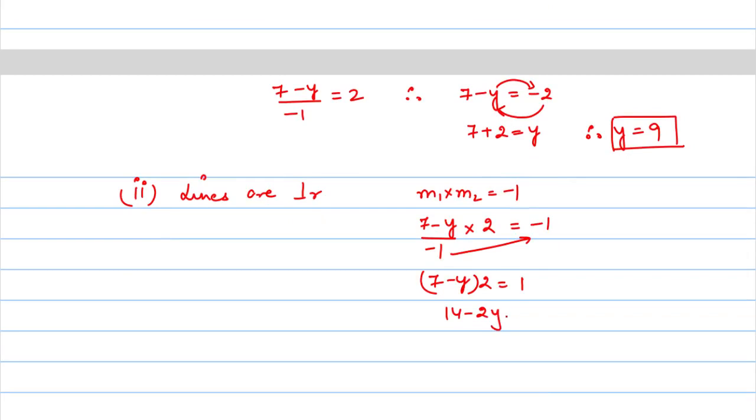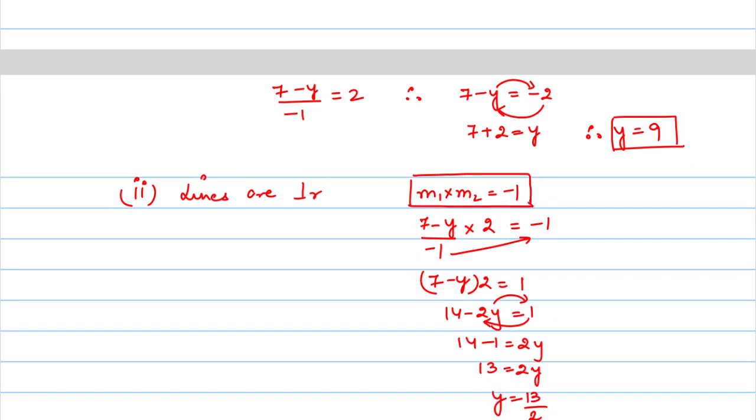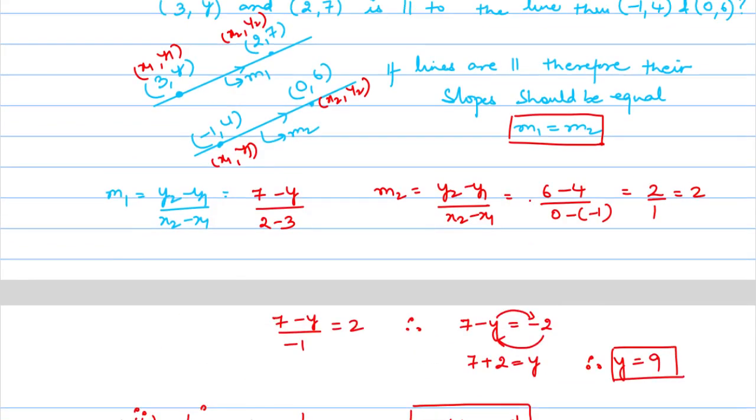14 minus 2y is equal to 1. 14 minus 1 is equal to 2y. What you have done is, you have taken this to that side and this to this side. 13 is equal to 2y. Therefore, y is what? 13 by 2. So, had the question said that the lines were perpendicular to each other, then you would have applied the condition for perpendicularity. And since it has asked you for parallelism, therefore you will use m1 equals to